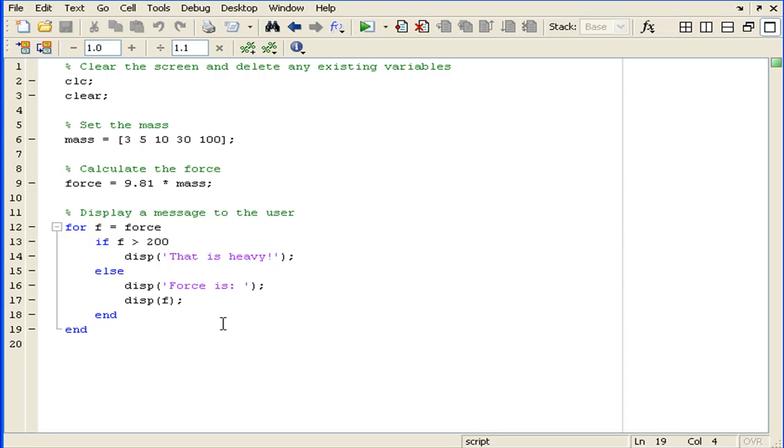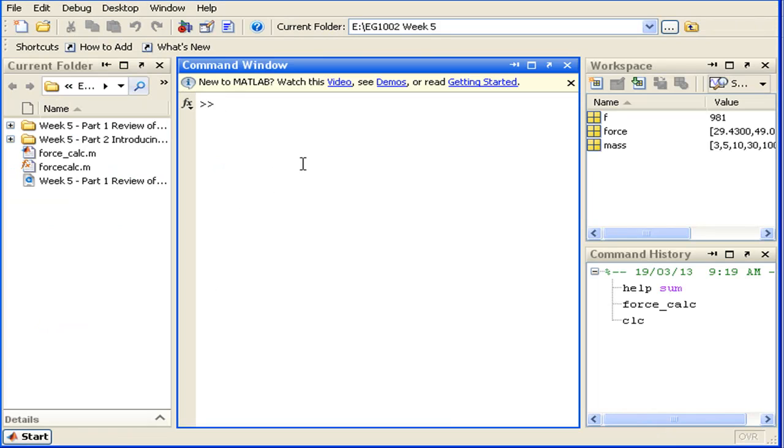This video will introduce functions in MATLAB. Previously we've had a look at scripts, such as this force calc script, and we know that they execute a set of instructions and that they have a set purpose. However, there are no inputs or outputs when compared to functions. So if we just take a quick look at one of the functions in MATLAB, for example, the sum function,